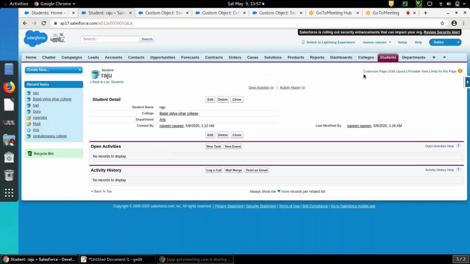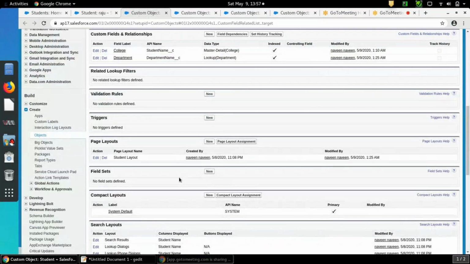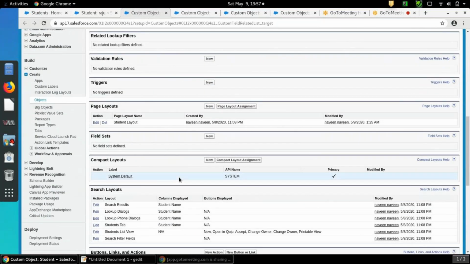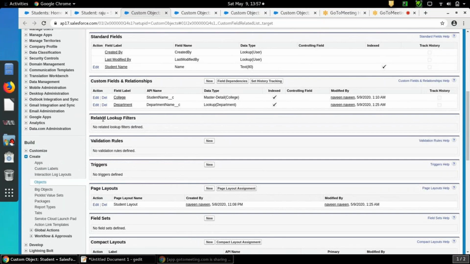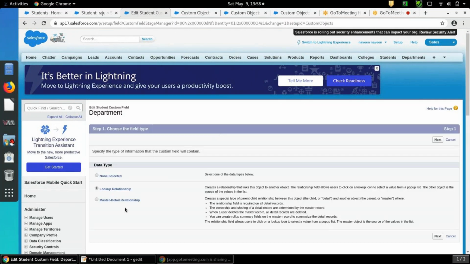And what I will do now, I have populated all the fields. Second step completed. Okay. Now I will go to fields. Click on edit. This is my lookup. Click on change field type, select master detail, next.